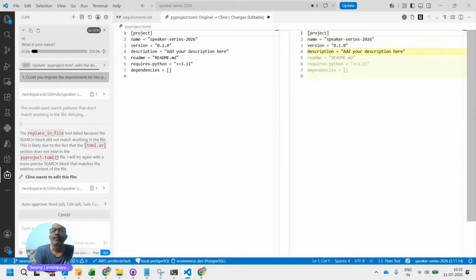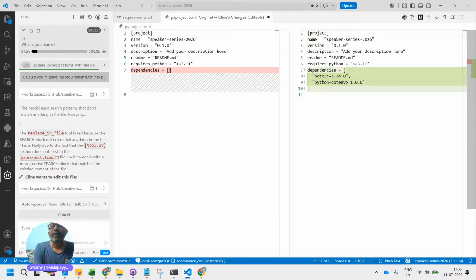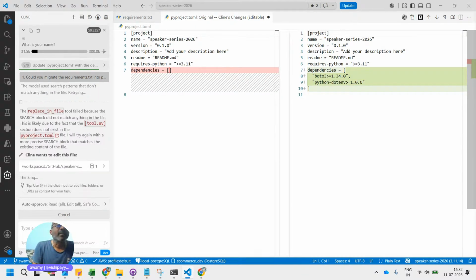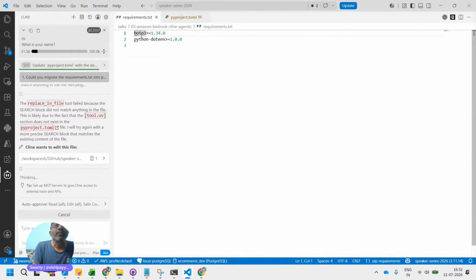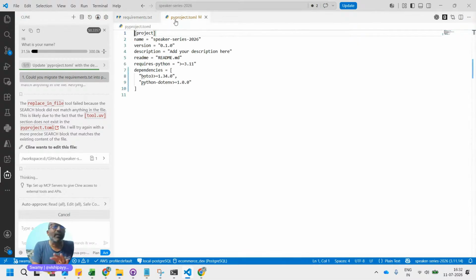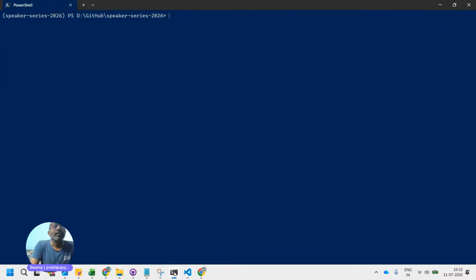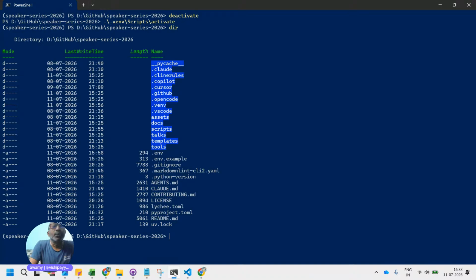So replace the file, and see this, it went and looked at the requirements.txt. These are the two requirements, and it migrated in front of our eyes from there to this one. So what we can do is come back here. I already have the env enabled. I deactivate it. I'll say env scripts activate, and then I go into the talks, and inside